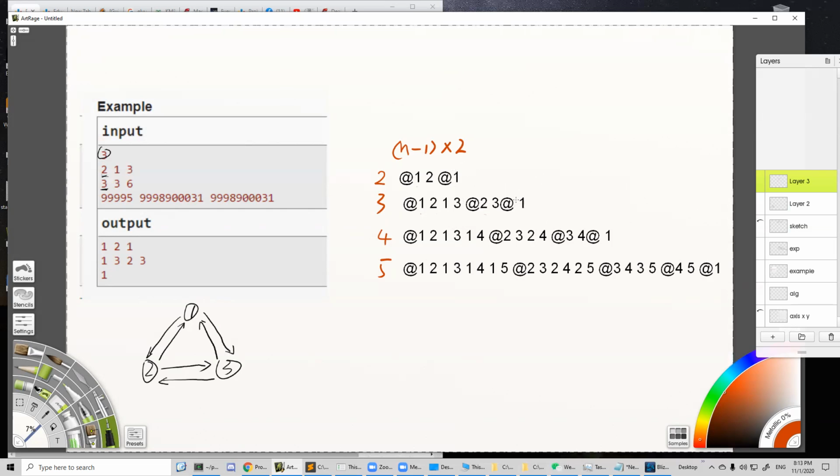The sections before the last section will be 2 numbers less than the previous section, right? So this section is 4, so this section is 2. This section is 6, so this section is 4, and this section is 2. So on, right? That's the third pattern. And the fourth pattern is that for each section, there will be